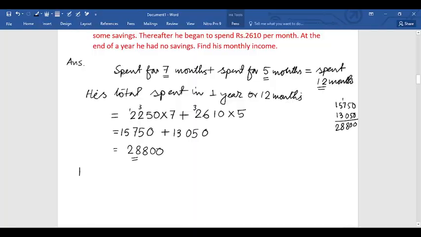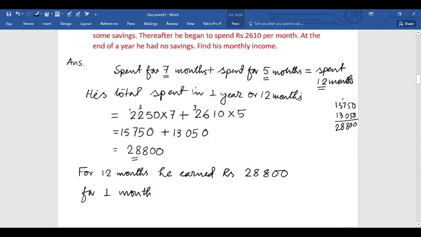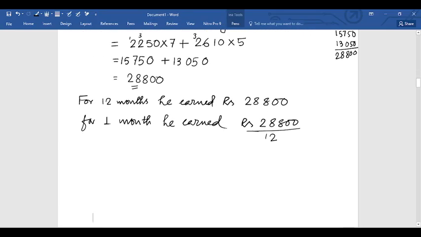So for 12 months, he earned rupees 28,800. Now for 1 month, he earned rupees 28,800 divided by 12. So 1 month what he earned, that is his monthly income, is equal to, now just